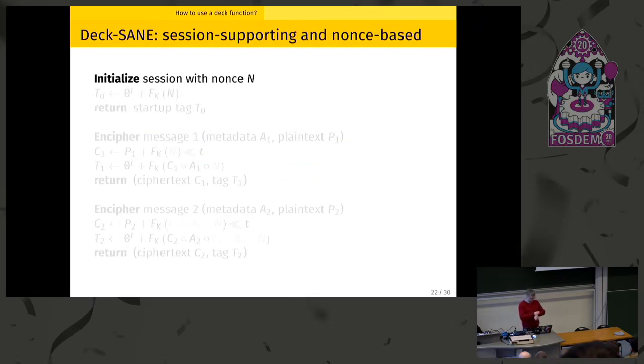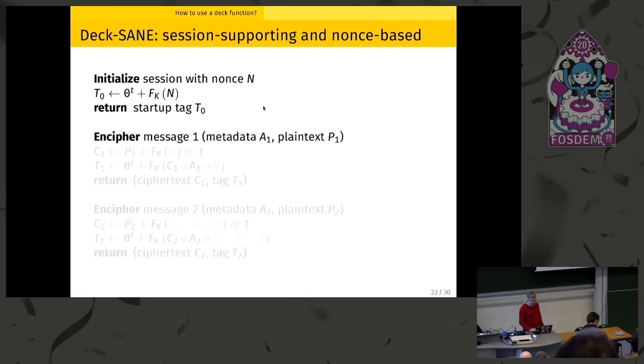Okay, I'm going to go quickly over this slide. We defined a mode called DeXen, which does this session-based encryption using a nonce. It's really simple: you initialize it with some nonce, and you can get a tag over the initialization. Let's say you have a first message composed of metadata, something you want to authenticate but not encrypt, and the plaintext.